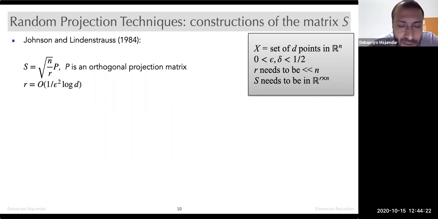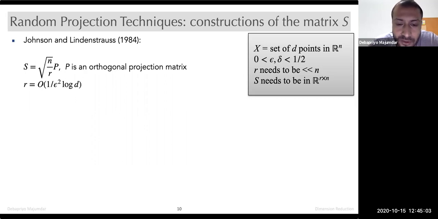Now, this might sound like an odd thing. What does it mean? Well, we did not discuss orthogonal matrices in the last class. You all know what an orthogonal matrix is. An orthogonal matrix is a matrix where all the columns are orthogonal to each other and the columns also have norm 1. So our canonical basis is an orthogonal matrix. The identity matrix is the most trivial orthogonal matrix. But any other matrix where the columns have norm 1 and they are orthogonal to each other, meaning their pairwise dot products are 0, is an orthogonal matrix.